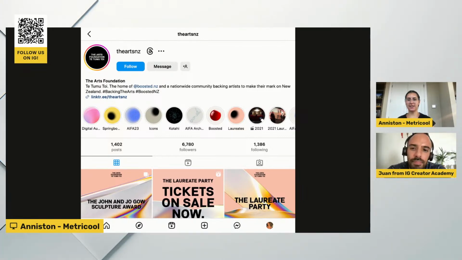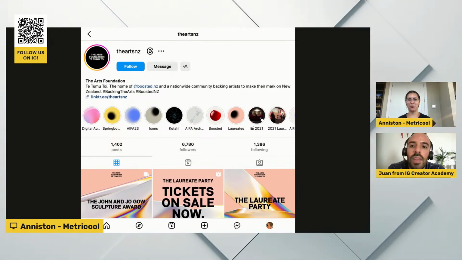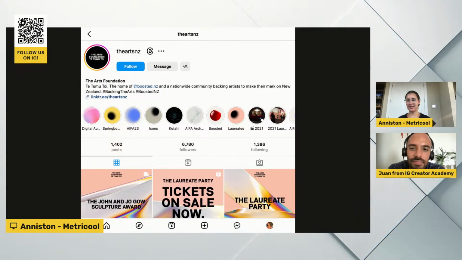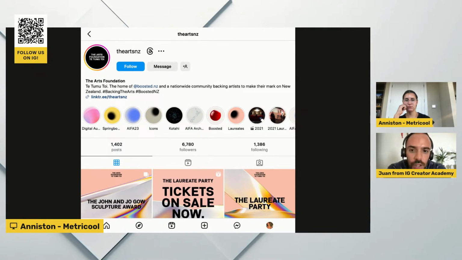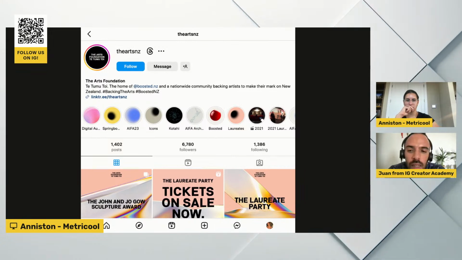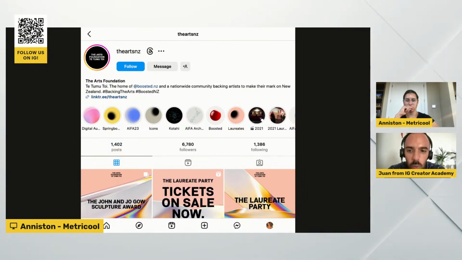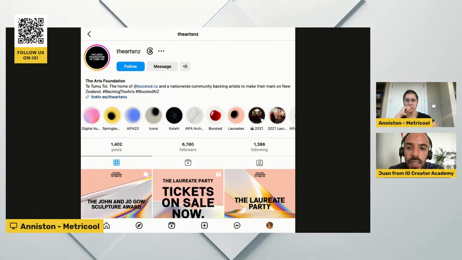In the beginning, there's no categorization. It's just the arts foundation. We can assume that it's an arts foundation, but what exactly is your unique angle? What type of art are you promoting or showcasing, or what type of artists are you working with? Again, I would get rid of the hashtags there, even though they are not clickable, but maybe they're clickable on phone, and you don't want people to go away from your profile unless it's your own branded hashtag.